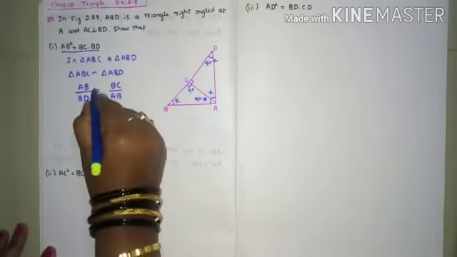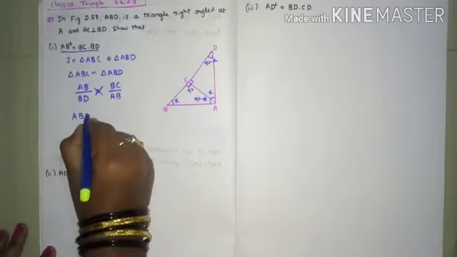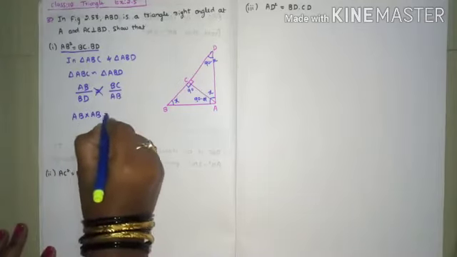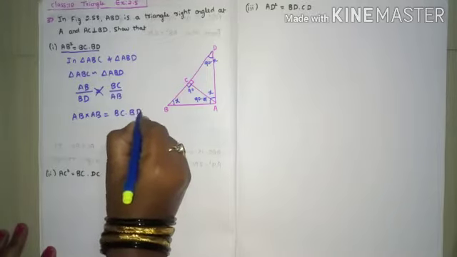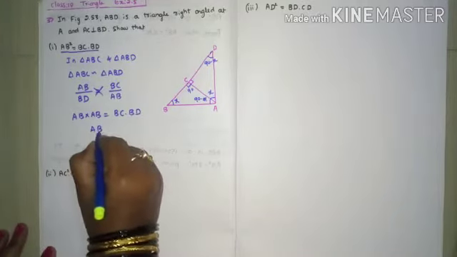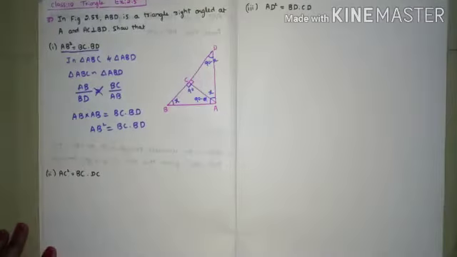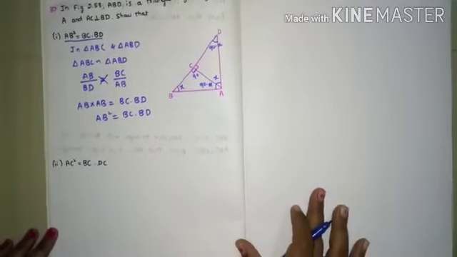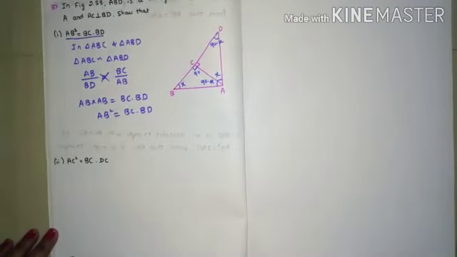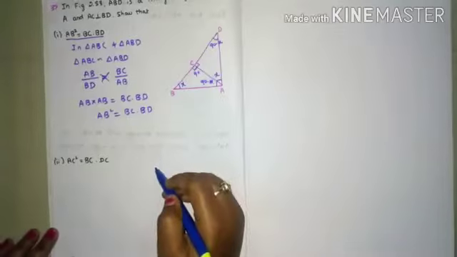Now if you cross multiply, this AB goes here, AB is equal to BC into BD. So AB into AB is AB square is equal to BC into BD. You have to refer this diagram and you have to prove these two results also now. Now you observe the second result. Which triangles we have to consider? BC and the DC. BC and the DC means which two triangles we have to consider?